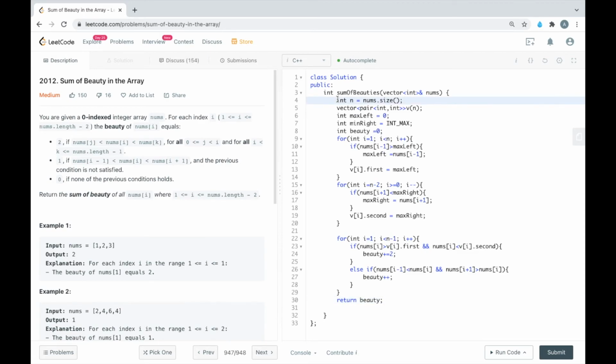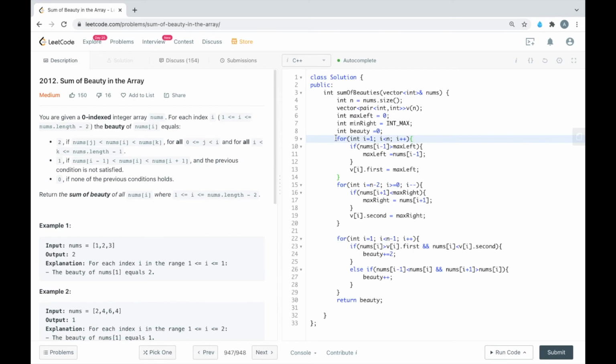So quickly I will explain what I did in this code. So this is the declaration and initialization part of the variables. So I have created a vector of pair of int type and initialized it with the size n, that is of the same size of the nums array.